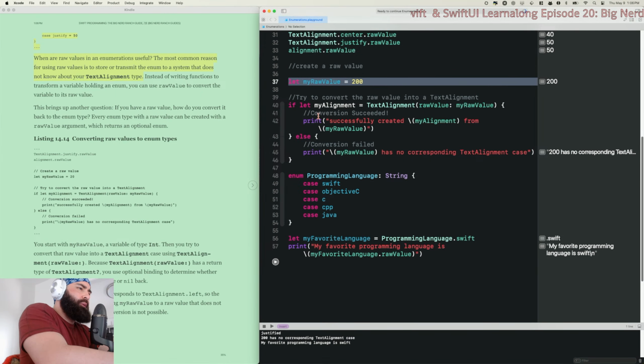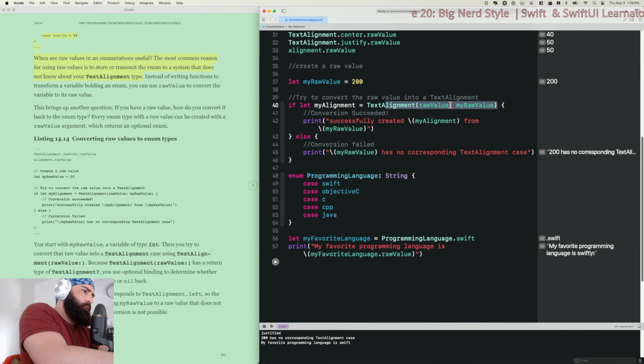Then you try to convert that raw value into a text alignment case using text alignment raw value. Because text alignment raw value has a return type of optional text alignment, hence the question mark, you use optional binding to determine whether you get a text alignment value or nil back.